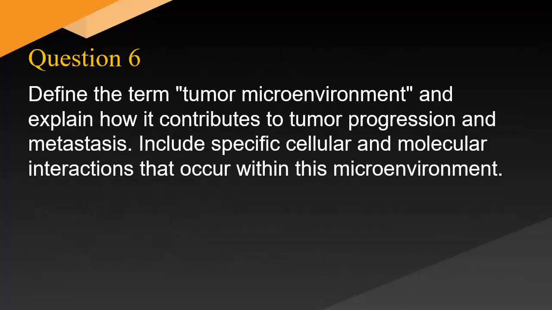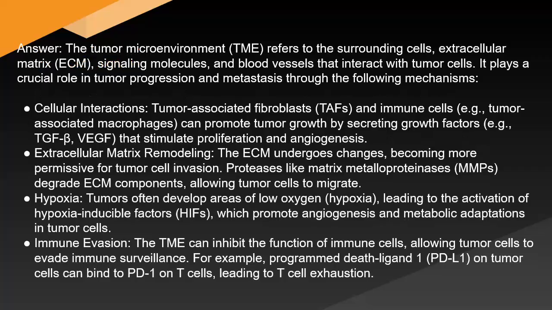Define the term tumor microenvironment and explain how it contributes to tumor progression and metastases. Include specific cellular and molecular interactions that occur within this microenvironment. Answer: the tumor microenvironment (TME) refers to the surrounding cells, extracellular matrix (ECM), signaling molecules, and blood vessels that interact with tumor cells. It plays a crucial role in tumor progression and metastases through the following mechanisms: cellular interactions,